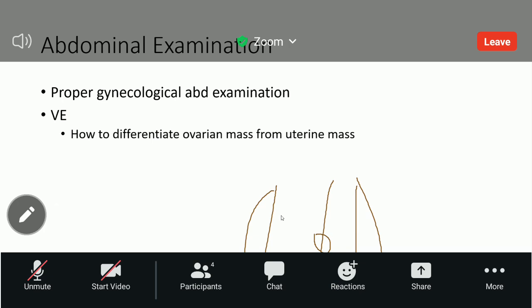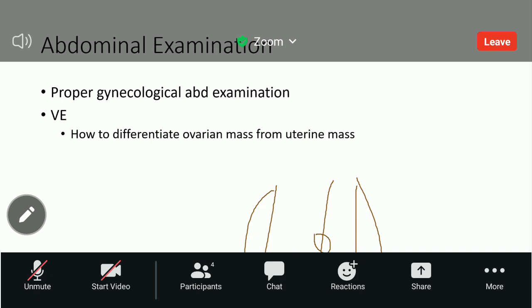If anyone has any doubt, just ask me. Okay. So just do the examination and try to find out the mass. Mostly there will be a mass. If you find the mass, look for the surface, the consistency, and the features, the nodularity, whether it's mobile in a vertical plane or horizontal plane, whether there are multiple masses, and also look for others: hepatomegaly, splenomegaly, free fluid,